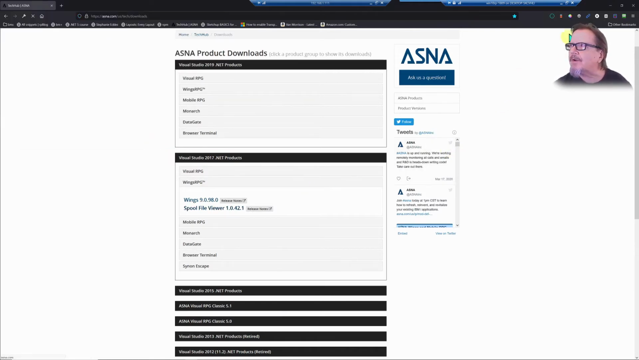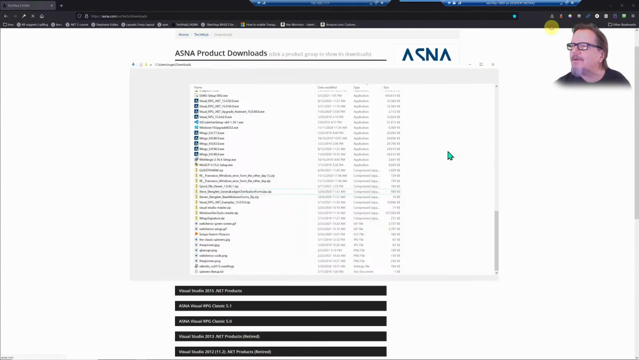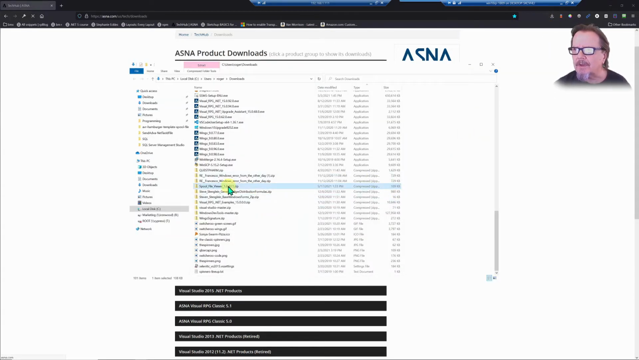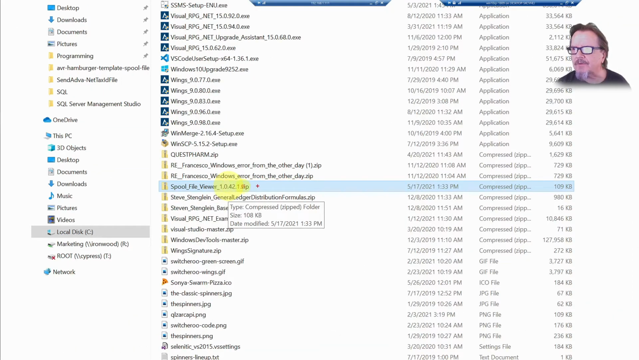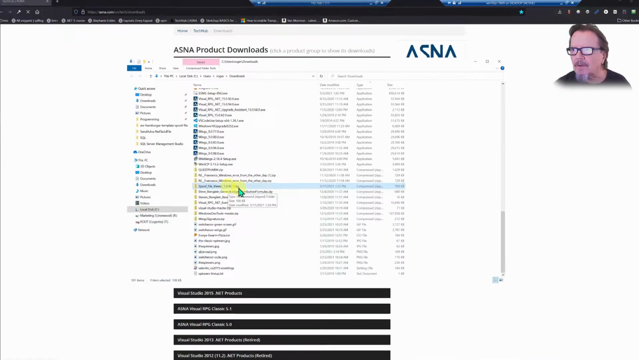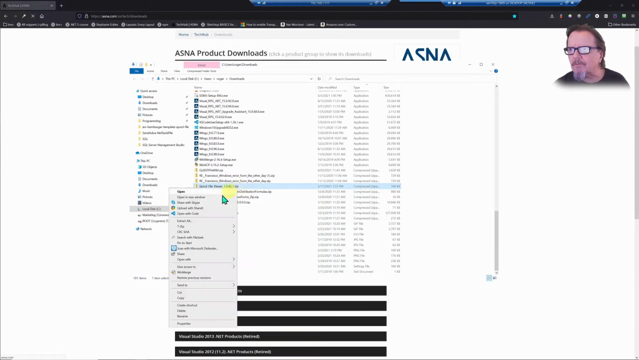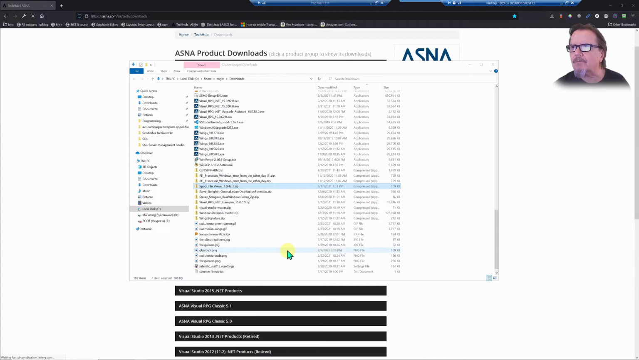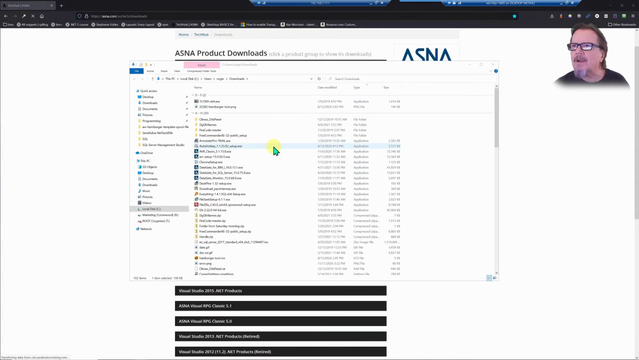Doesn't take very long, it's not very large. Now what I'll do is go out to that download folder, and right there then is the zip file that we just downloaded. So what we'll do is unzip that guy into the spool file view folder. And now what we've got then is